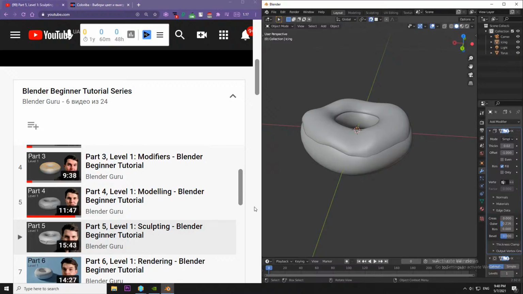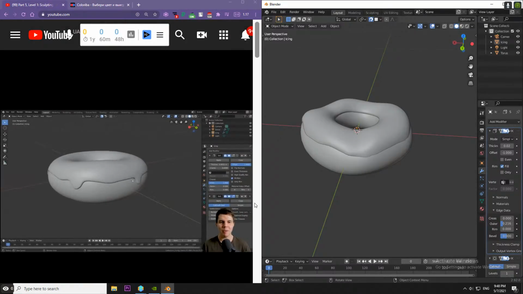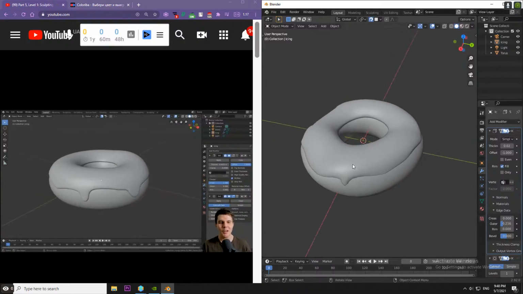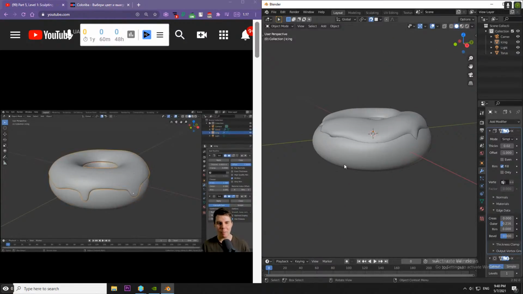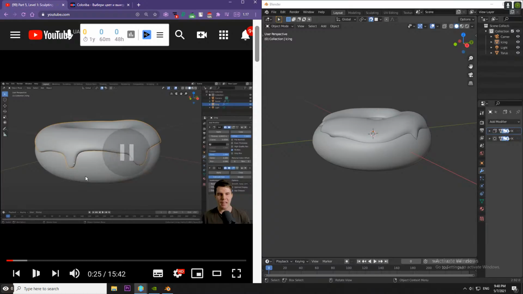Time for something fun. We are going to be working with a donut, which should be fun enough. But this part is particularly fun. We're going to be making both the donut and the icing on it look more shapely. So we're going to use sculpting to make this part look gloopy and like real icing, and it's a lot of fun. So before we do the sculpting, though,